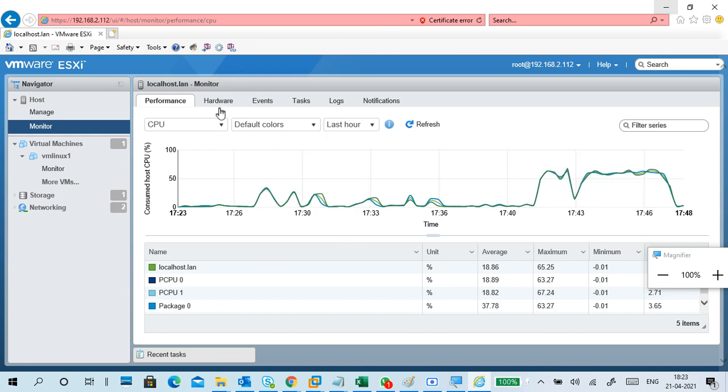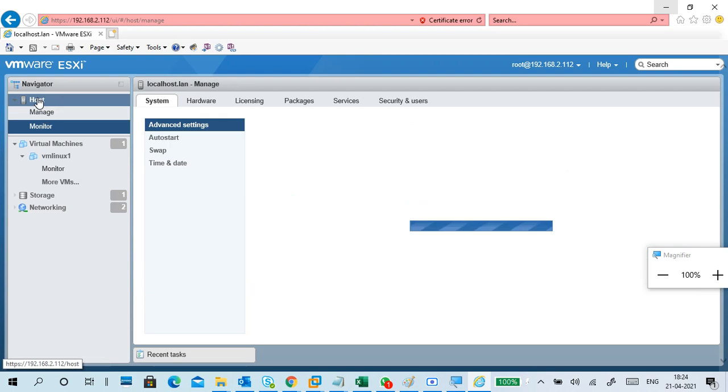Just checking my server monitoring, manage host.